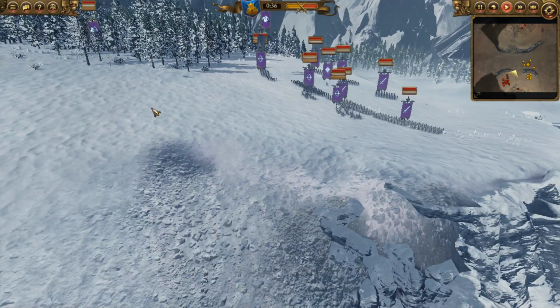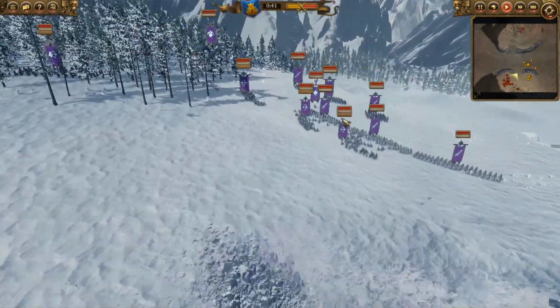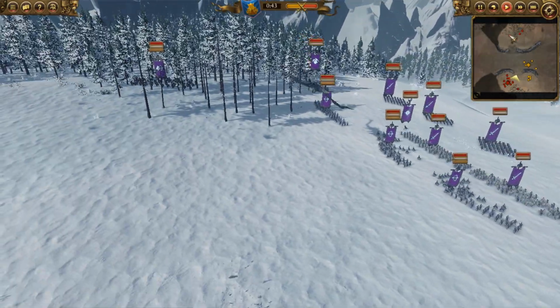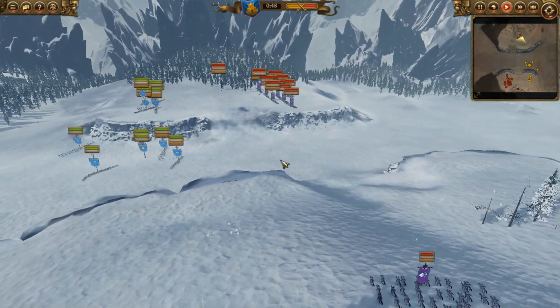So right off the bat, we're just going to have both armies starting to get into position here. You can see that some of the Thunderers and the Dark Shards are all just moving to the front. You can also see that these Dark Riders are coming around the vanguard here, and it's just going to be